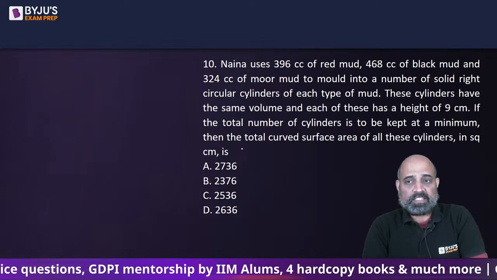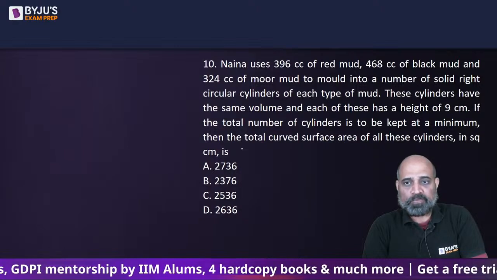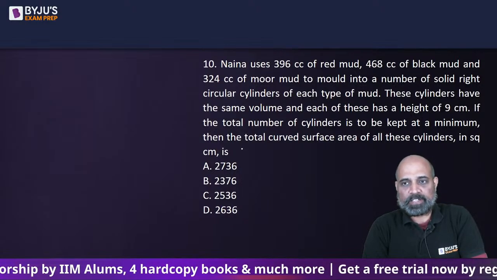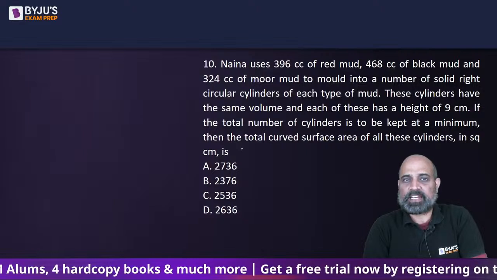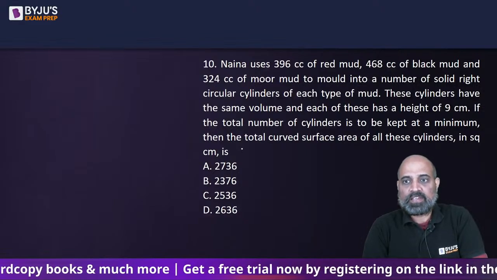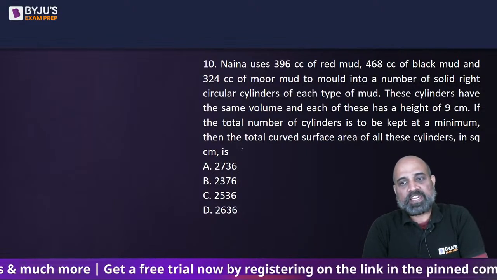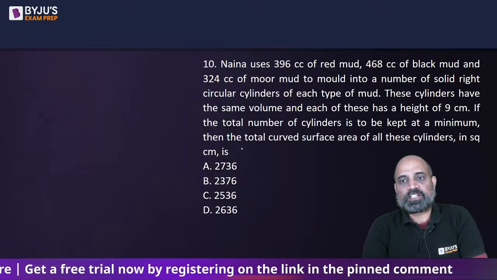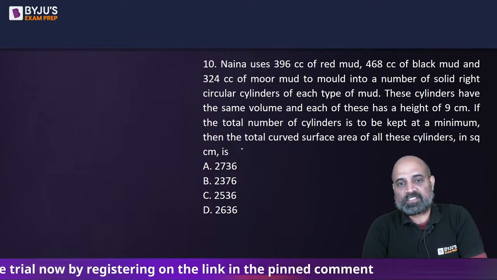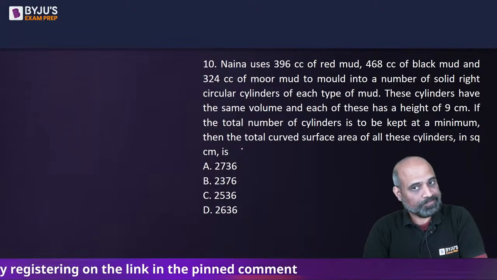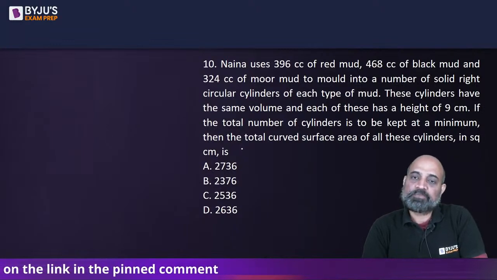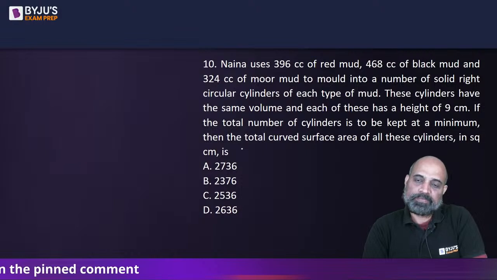Okay, these cylinders have the same volume, and each of these has a height of 9 centimeter. So volume is same, height is same, that means radius is same. If the total number of cylinders is to be kept at a minimum, then the total curved surface area of all these cylinders in square centimeters. If we want them to be kept as minimum,